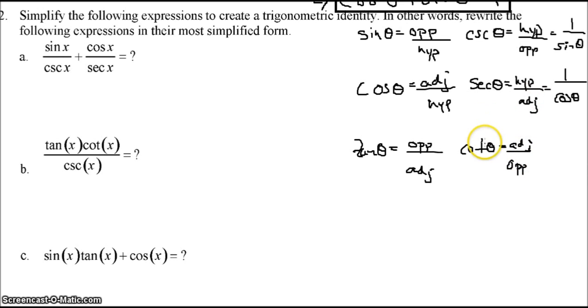These are called the reciprocal identities. Cotangent is just 1 over the tangent of theta. And likewise, tangent of theta is 1 over cotangent of theta. So anyways,